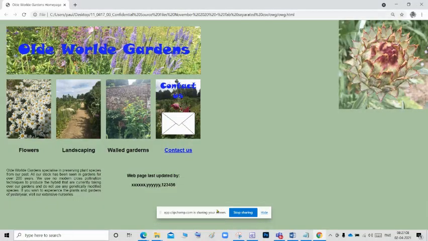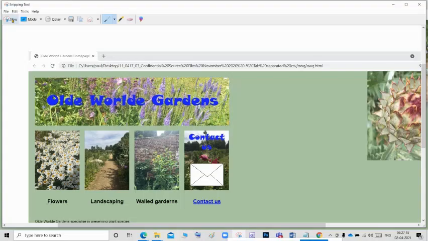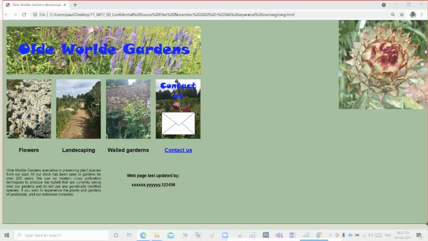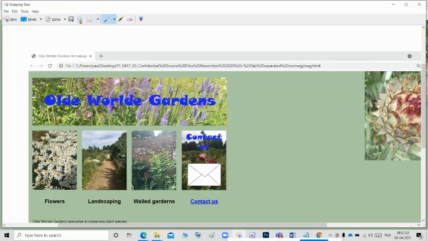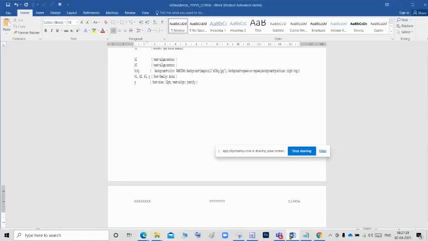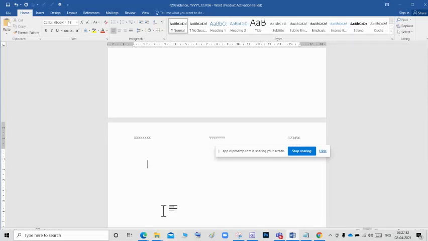So I'm going to do it again. Select the snipping tool, select new, select from this. The address bar should be visible. Copy this, go to the evidence document, and you can paste.